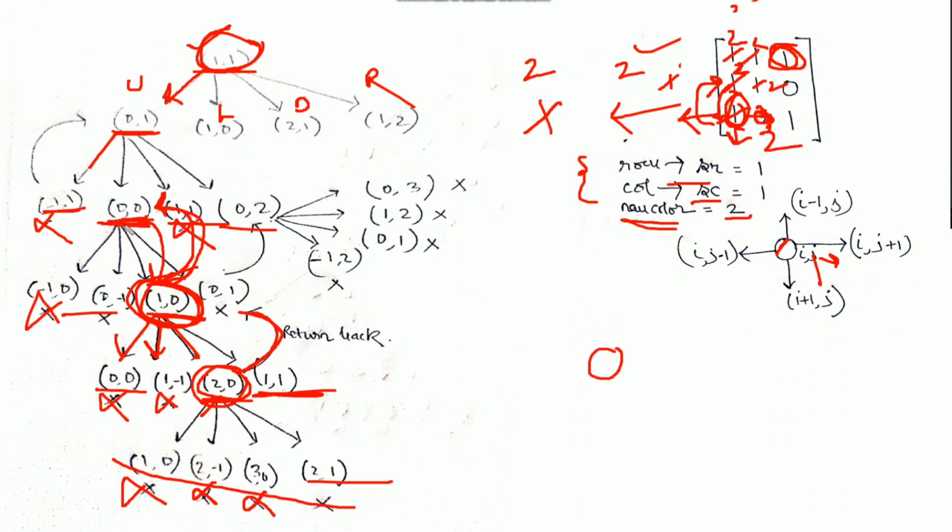0 comma 0 we have already traversed. Now we will check for 1 comma 1. 1 comma 1 is already visited. We will check for 0 comma 2. 0 comma 2 is not visited, so we'll go to 0 comma 2. Again from 0 comma 2 there are four possible choices. Why did we go to 0 comma 2? Because the pixel value was 1, so we need to change it to 2 and start traversing in the other four directions. If we see the other four directions from 0 comma 2, we will find that there are no possibilities left again, so we will return back to the caller, and the caller is 0 comma 1.